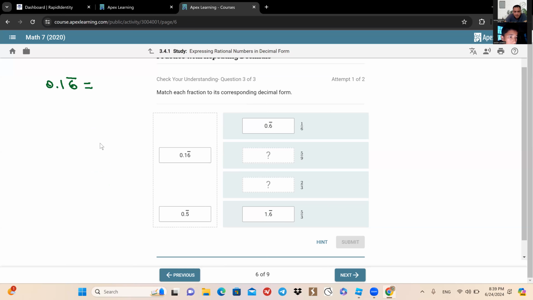6. First, what you write is 16. So repeating digits, how many? Only one. So I write here 9. Non-repeating digits, only one, right? And now both numbers are divisible by 2. Divide by 2, it is 8. Divide by 2, it is 45. 8/45.